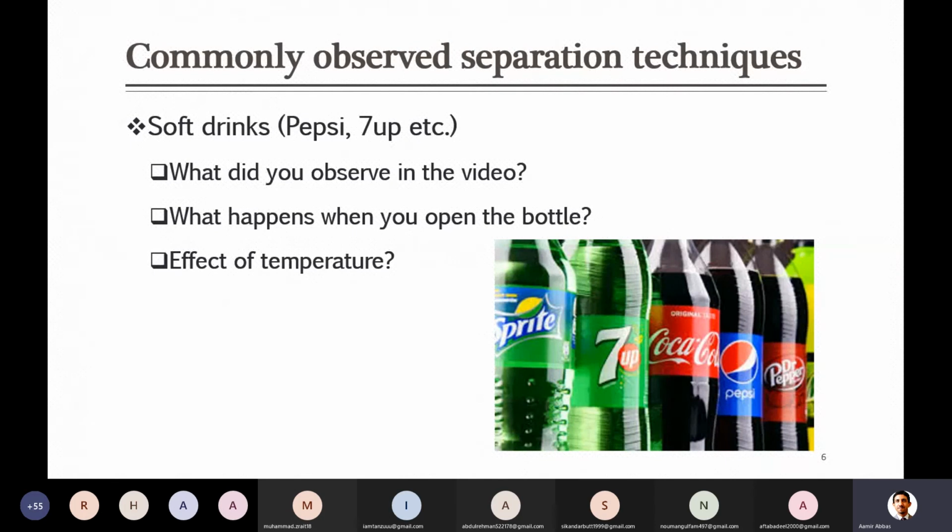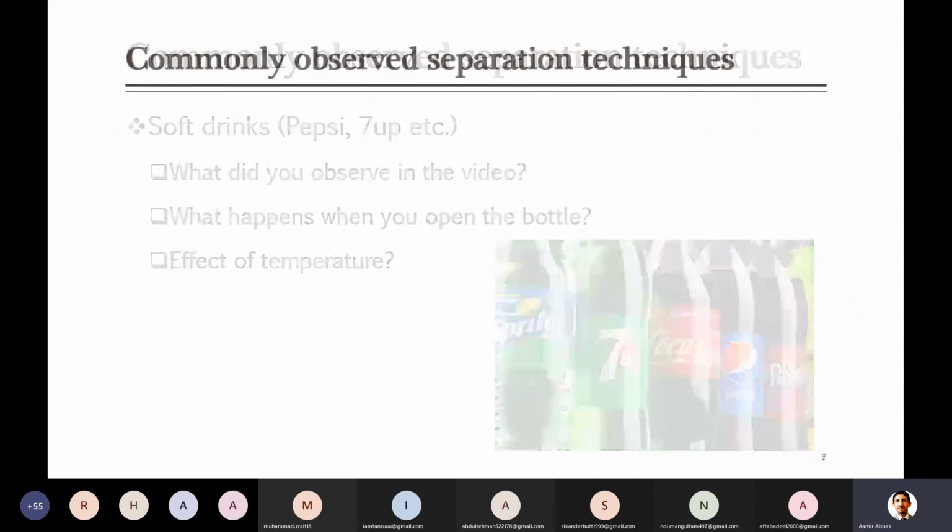At the same time, in the case of temperature, when you increase the temperature, the absorption of these gases also decreases. The first point you can closely observe. The effect of temperature you usually don't observe, but you can see that if you place this bottle outside the fridge, in the room, at high temperature, the absorbed gas is released more easily compared to when it is at low temperature.